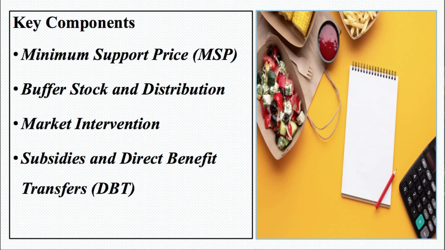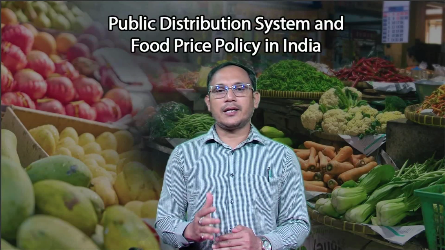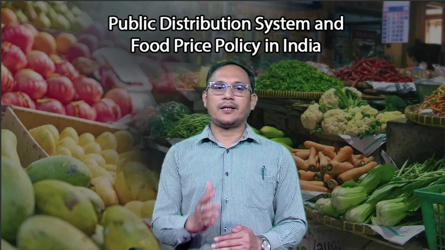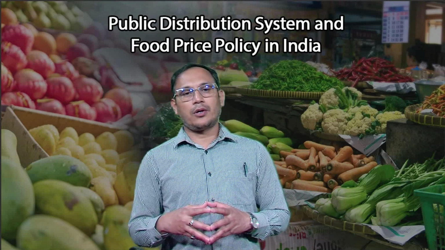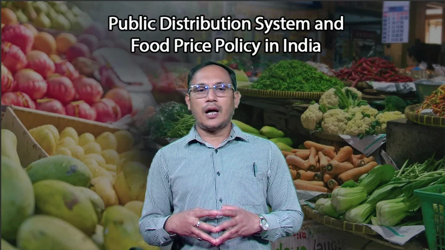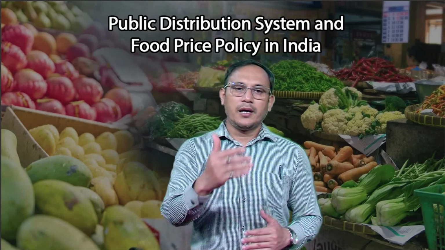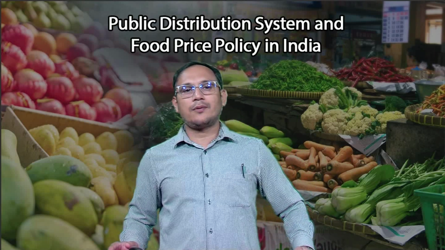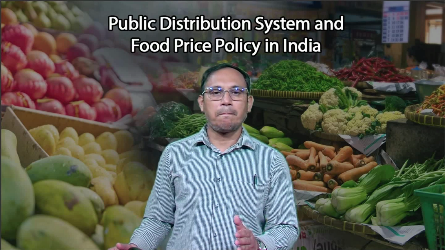Next, market intervention. Since India is not a fully capitalist country, or India is not a free economy, we have a component of both capitalism and socialism. That is why India is considered to be a mixed economy where government has to play a significant role. Government has to intervene. Now, if India becomes a purely capitalist country, there is no need for government intervention. Since India is a mixed economy, there is a need for intervention on the part of the government, and that is why market intervention is considered to be one of the important components of food price policy in India.